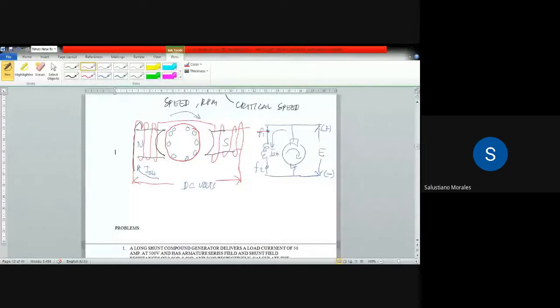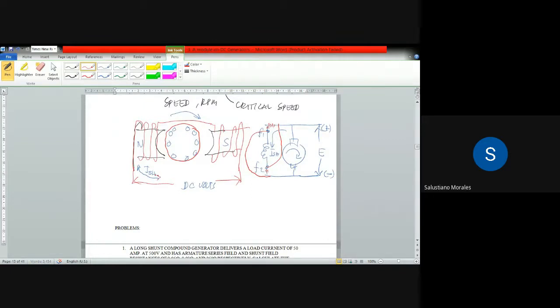So we're going to connect here and this one should be connected there. So bale ma-disconnect yan so that is the connection. So what will happen is the direction of the current that is flowing in the field winding should be reversed. So you can see in the diagram,